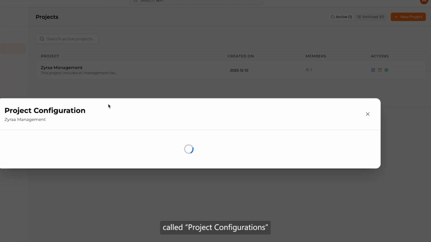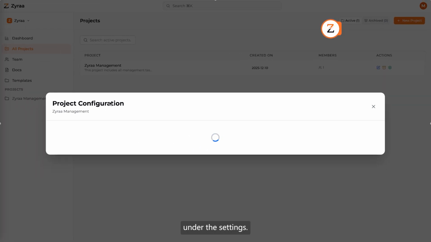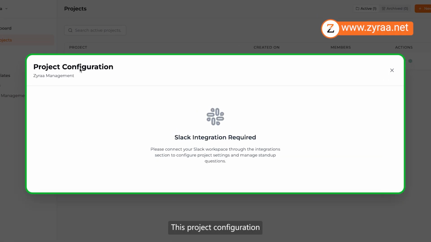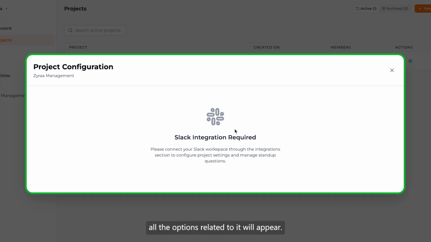You will find an option called Project Configurations under the settings. This project configuration lets you set up stand-up updates and call-out options. This requires Slack integration. Once you integrate Slack with your workspace, all the options related to it will